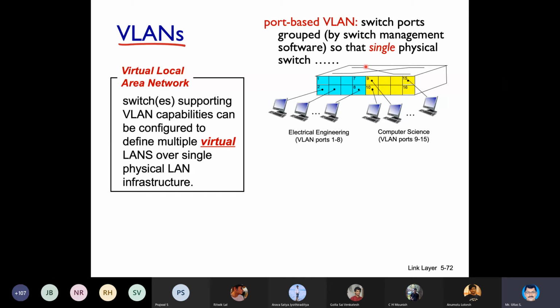So in order to communicate with each other, you need a router here, and one port of the router should be connected to the blue side, which is assigned with that subnet IP address, and another port of the router should be connected to the yellow side with an IP address assigned in that VLAN.